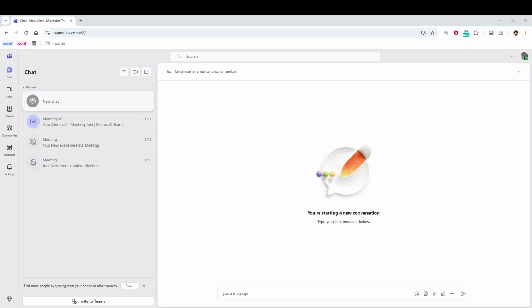In today's video, I am going to teach you how to add a contact on Microsoft Teams. Adding a contact in Teams is simple, and it starts from the chat area. This is useful when you want to quickly message someone again later without having to search for them from scratch every time. I will walk you through the exact clicks and what to look for on screen so you can